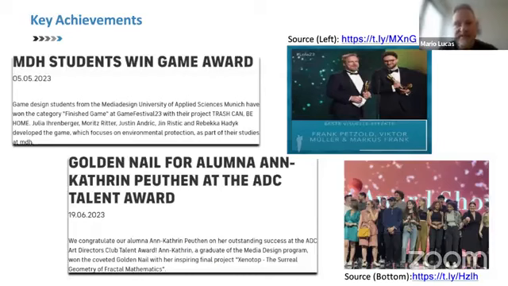Yes, so we can say that we regularly win game awards and different awards, that we have a really strong relationship with former students, called alumni, and regularly we can see that after they have studied at our university, they get prizes and are awarded, and that gives us very strong feedback that we are on the right way, that we teach in a very professional and sufficient way. And this has to do not only with all those degrees we offer, which are very up to date and very future oriented, but also with our really sufficient care rate,